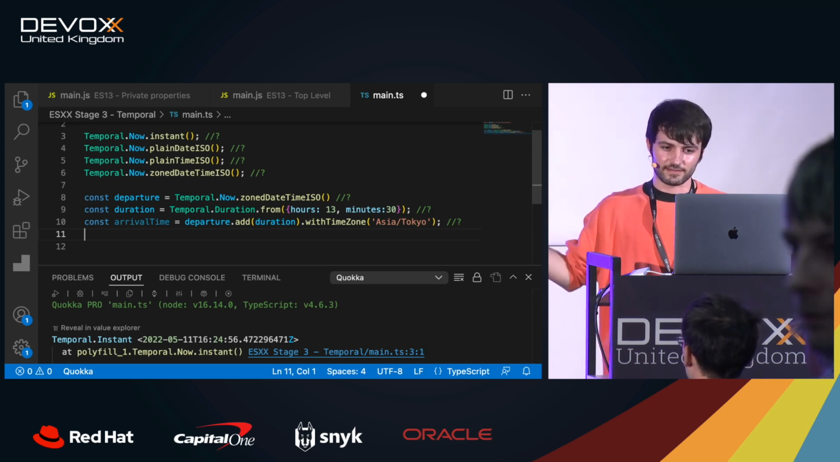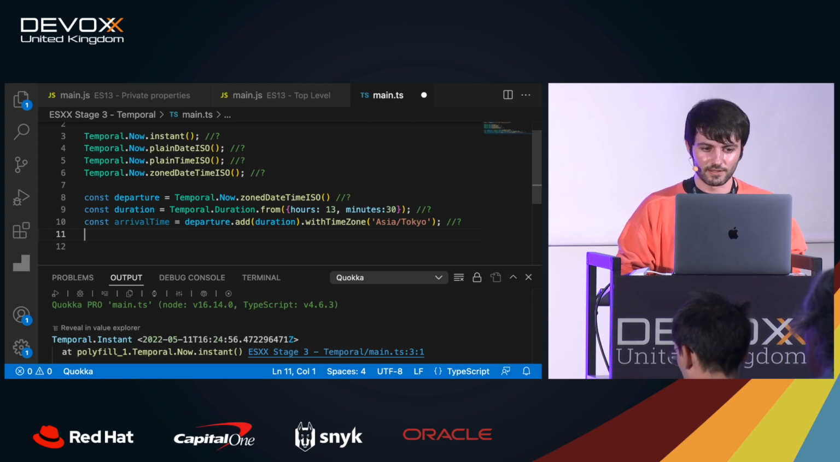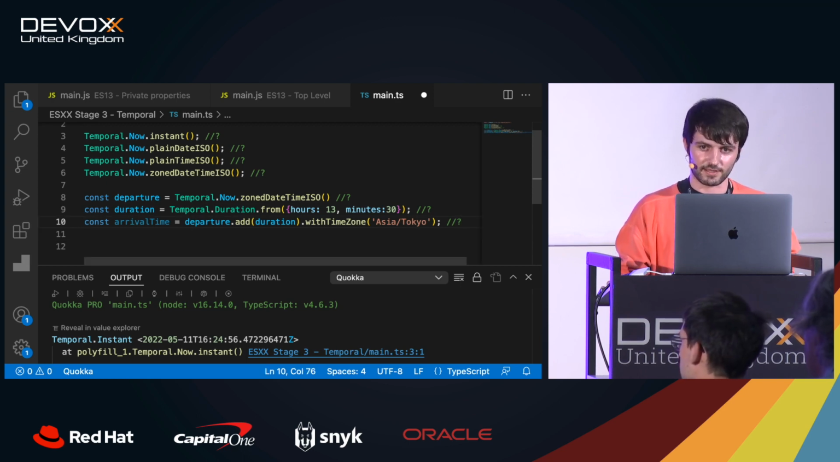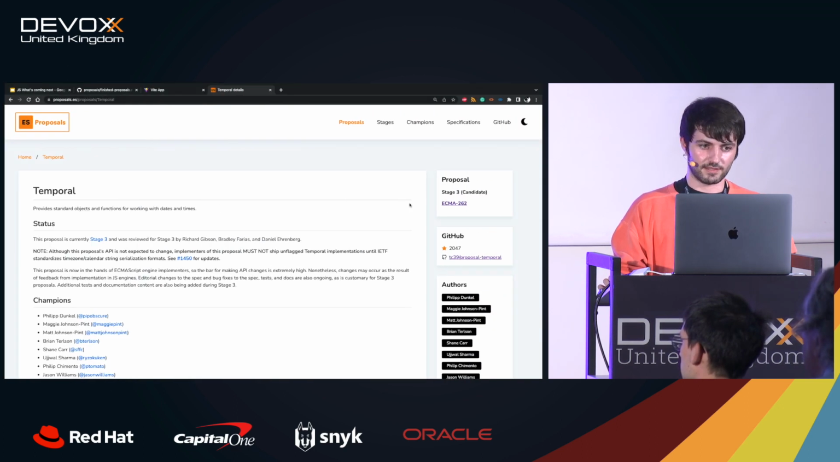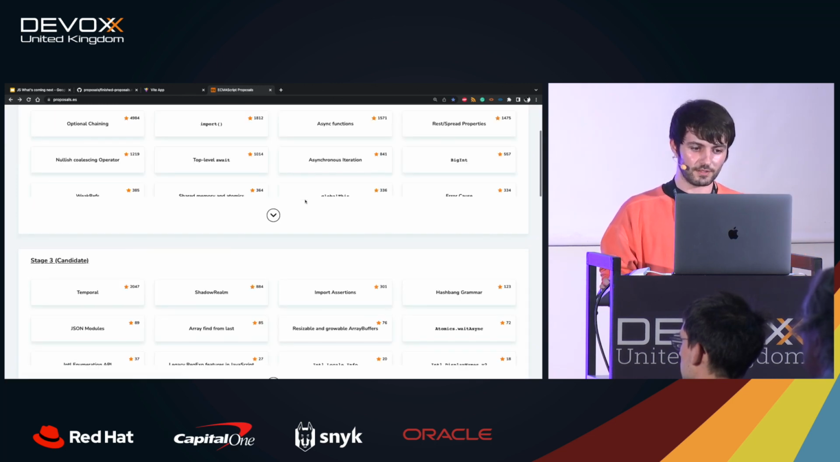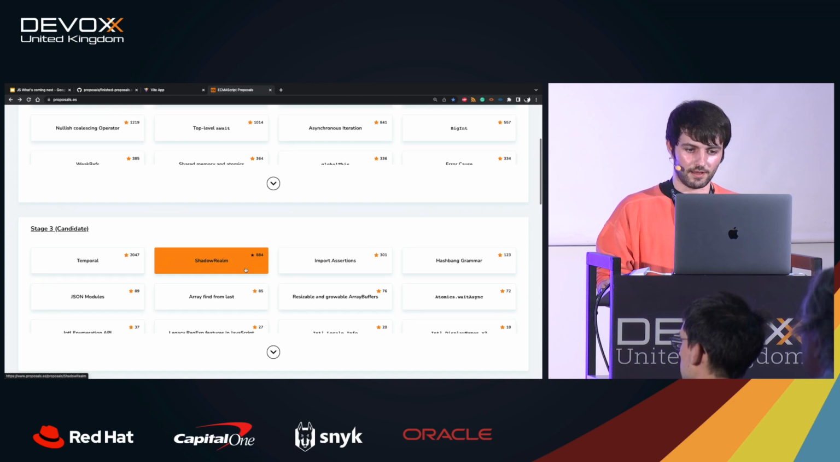But hey, at least you know that Temporal is coming as soon as that's addressed, and then we can start playing with it. Okay, cool. This is one of the proposals that are quite interesting. The other one that I wanted to mention in stage 3, if we go back, well, there are some of them like